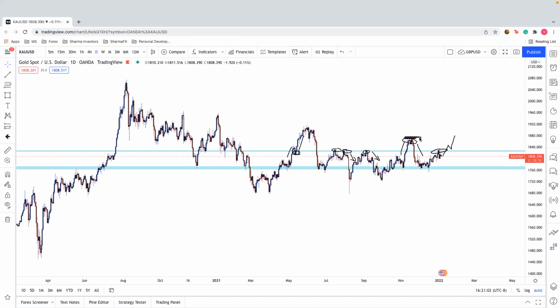When price fails to do that, then we know that we're coming right back in, as in this example. So this is the level that needs to be broken first before we can target this, and then before we can target this, and before we can target these areas, right? So as you can see, we're getting confirmations of the zone being respected as either support or resistance in the